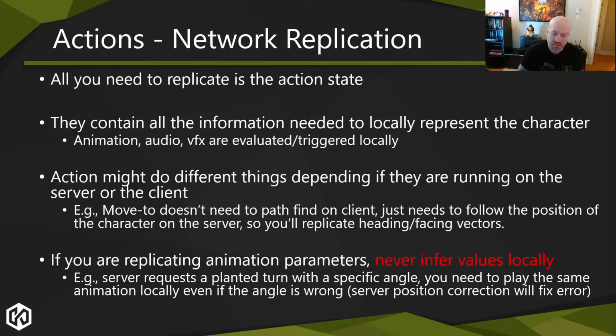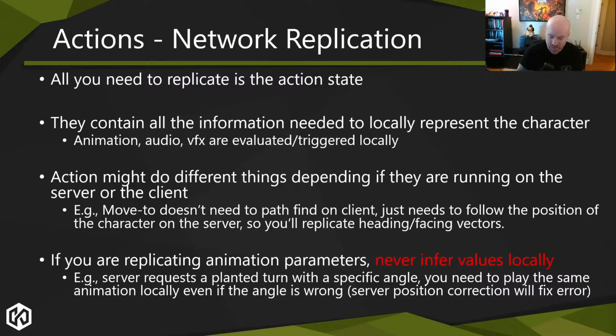The one thing that is a little tricky is that sometimes an action may differ whether it's running on a server or a client. So for example, a move to for an AI on the server would do pathfinding, path following, a lot of that kind of stuff. But on the client, all it's going to be doing is saying, I'm just going to follow whatever velocities are being replicated to me, and I'm just going to move the character as the server is telling me. I don't need to follow anything. I don't need to do any pathing. Wherever the server tells me I am and whatever velocity the server tells me I'm running at, that's what I'm going to do. And I'm going to locally calculate my animation parameters to basically try to match whatever the server is telling me.